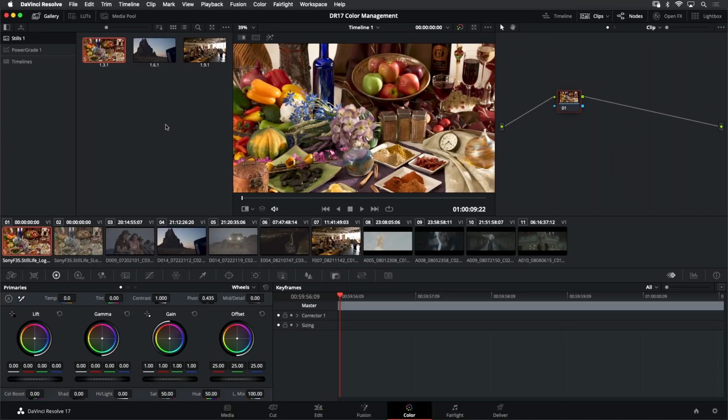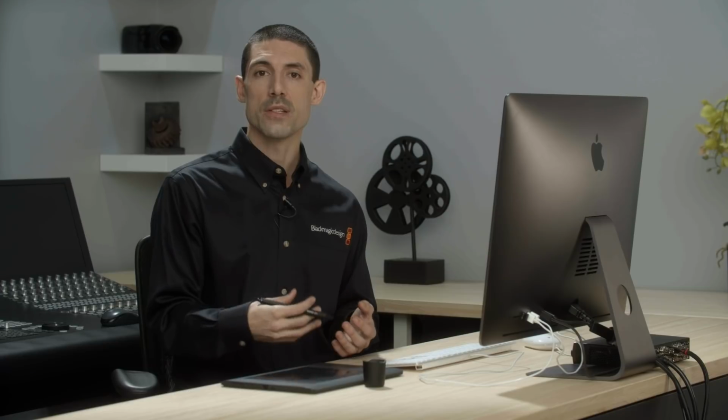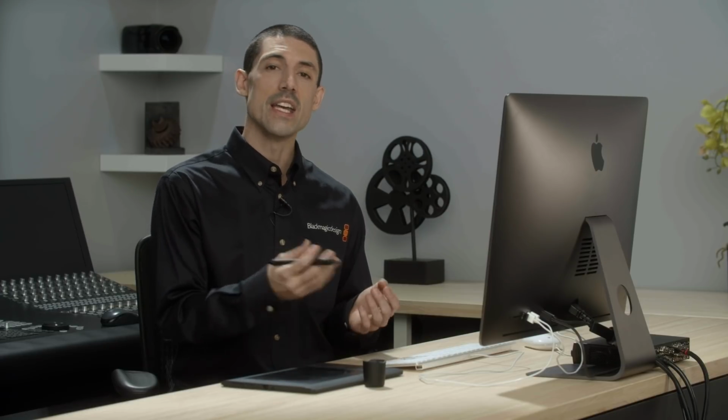I want you to notice that even though I have equivalent pipelines set up here that are accurately mapping me from what the camera saw into what my display can reproduce, I'm actually getting different visual results. This isn't a design flaw or a problem or a question of which is more accurate or less accurate. This is due to the nature of mapping high dynamic range, large color volume imagery like we might get off of a professional or a prosumer camera down into the lower dynamic range and lower color volume of an SDR or even HDR display. There's always going to be some subjective considerations involved in that engineering.